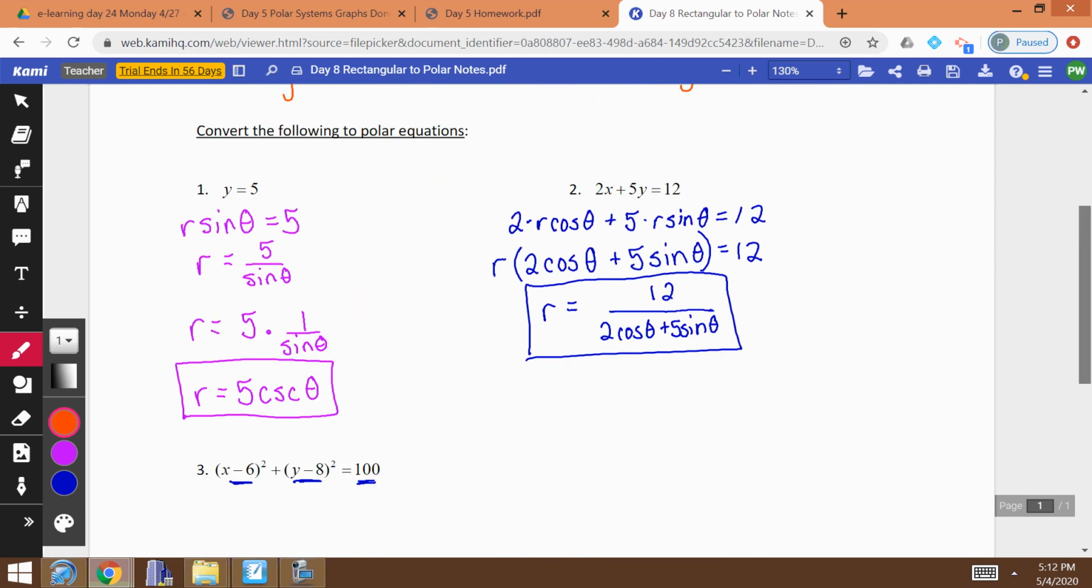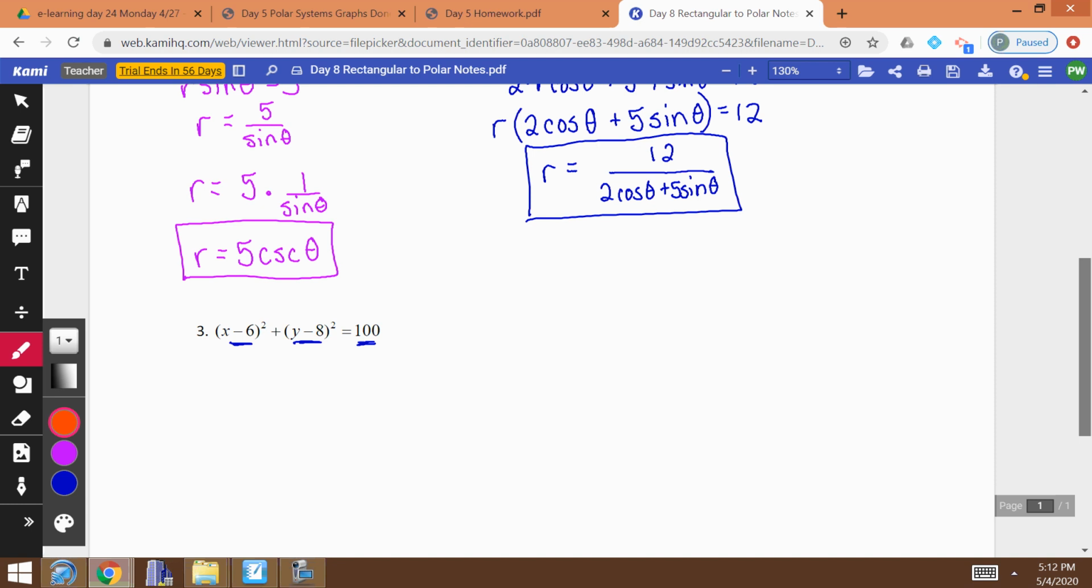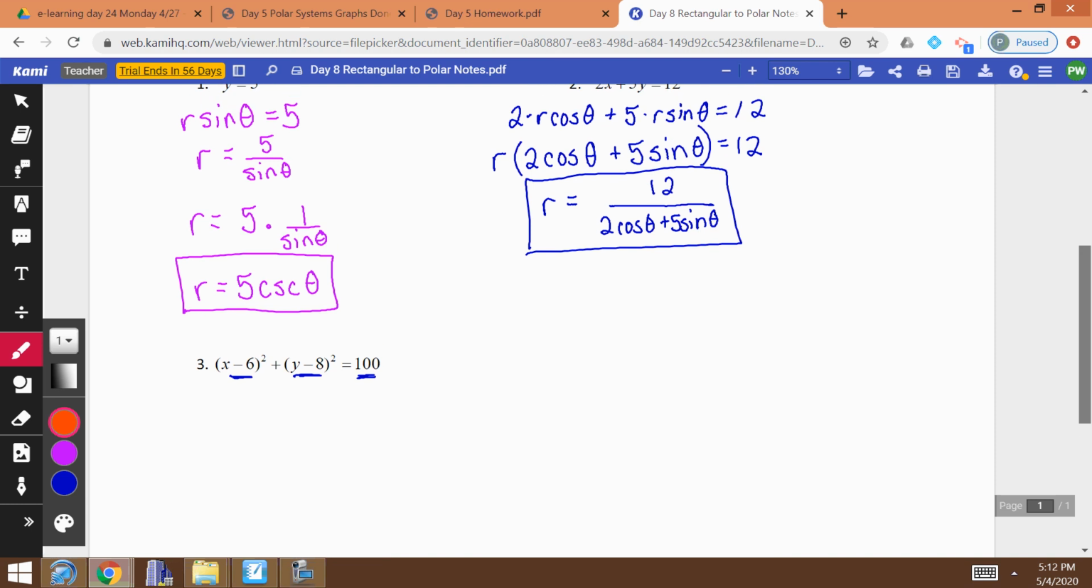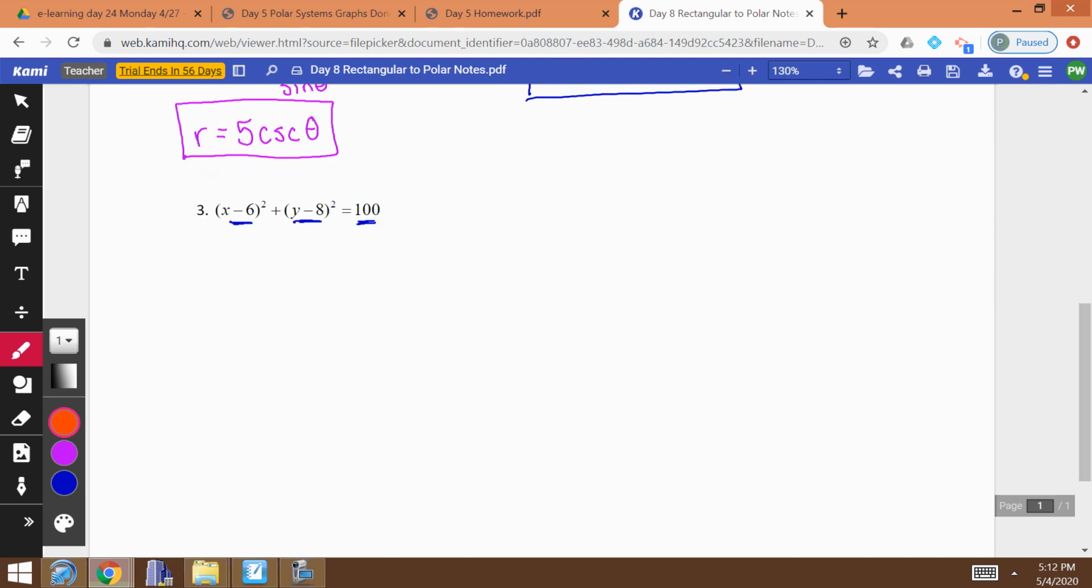Again, you could replace it right away, but then you're going to get an r squared and a sine squared and a cosine squared. There are ways you can go about it, and I can show that as well. But typically we find it a little bit easier to multiply it out first in rectangular. So that means I'm going to square this. That's x squared minus 12x plus 36, and then square the y minus 8, so y squared minus 16y plus 64,